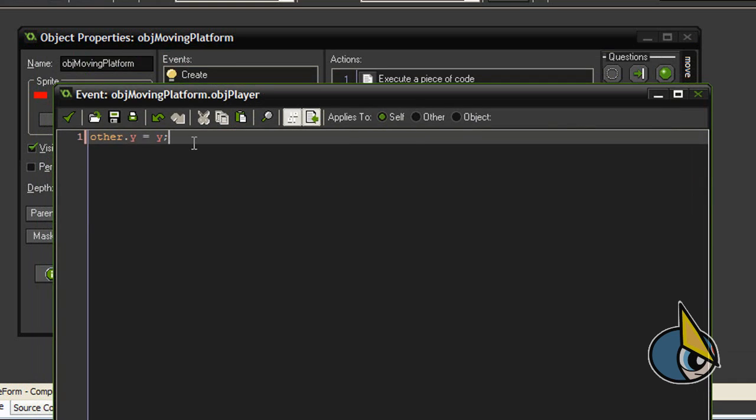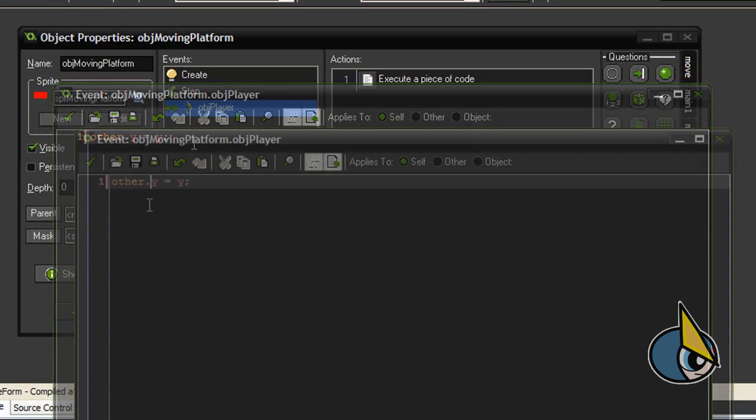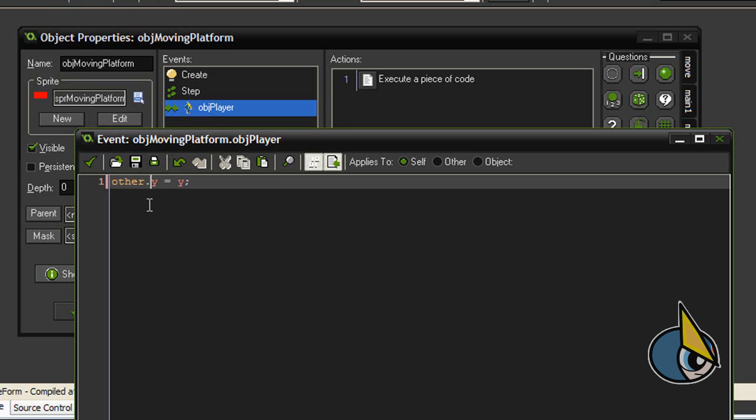What I'm doing here is telling the player to stay in the same vertical position of the moving platform. So when the platform collides against the player, it will set the player's y, this other means the player,